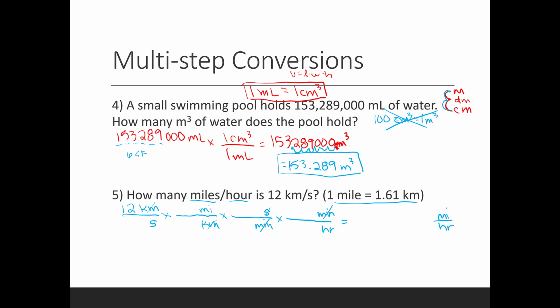So then I fill in my conversion information. There's 1.61 kilometers in 1 mile. There are 60 seconds in 1 minute. There's 60 minutes in 1 hour. But I do have to be careful when I am calculating this all out. I have to multiply across the top. So 12 kilometers times 60 times 60, and you get a number, and then you divide that number by 1.61, and that is your final answer. I got